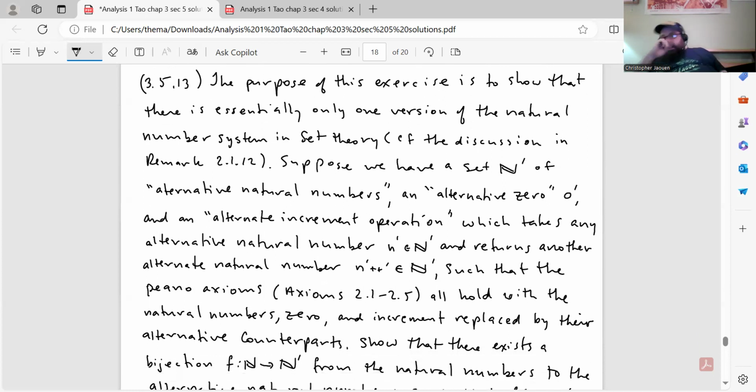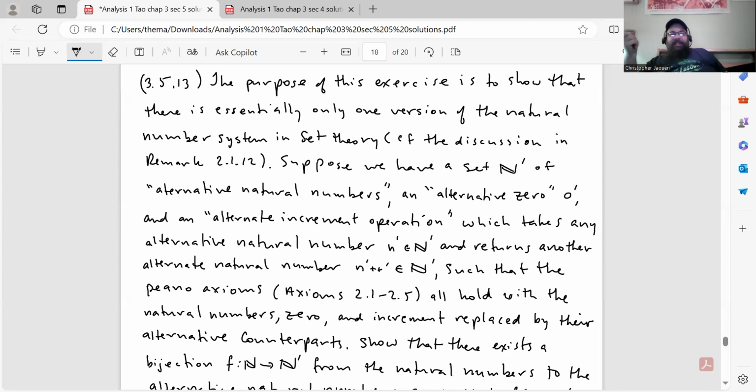Okay, let's read it out first. The purpose of this exercise is to show that there is essentially only one version of the natural number system in set theory. For example, the discussion in remark 2.1.12. Suppose we have a set N prime of alternate natural numbers and an alternate 0, which we'll denote by 0 prime, and an alternate increment operation, which we'll call plus plus prime, which takes any alternate natural number n prime in N prime, and returns another alternate natural number n prime plus plus prime